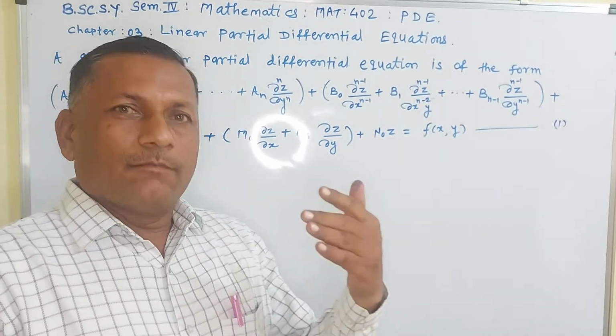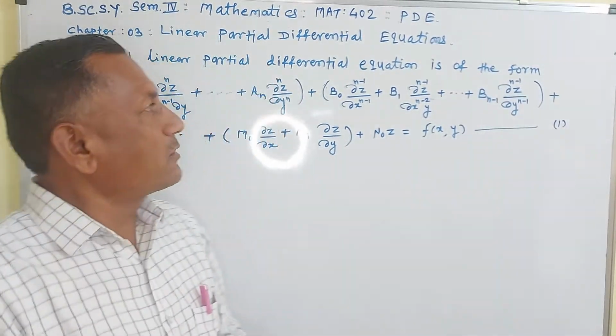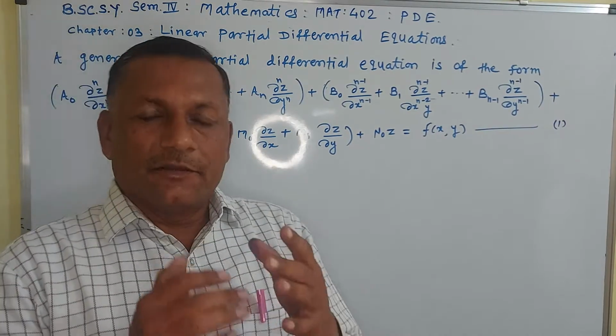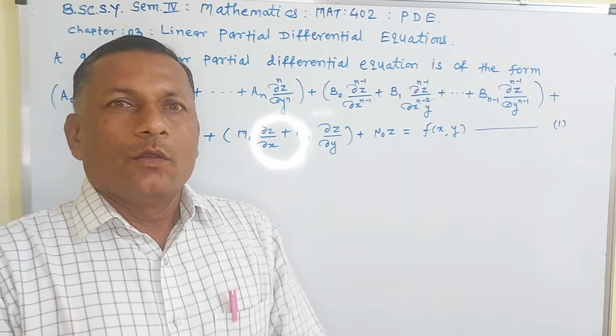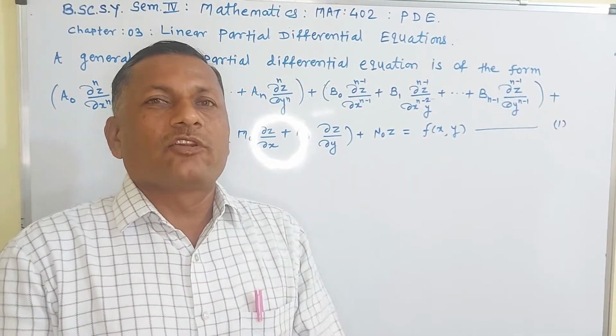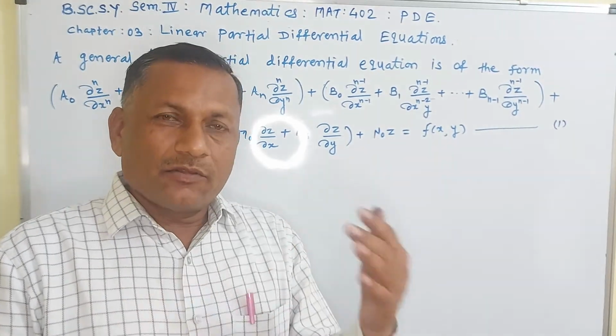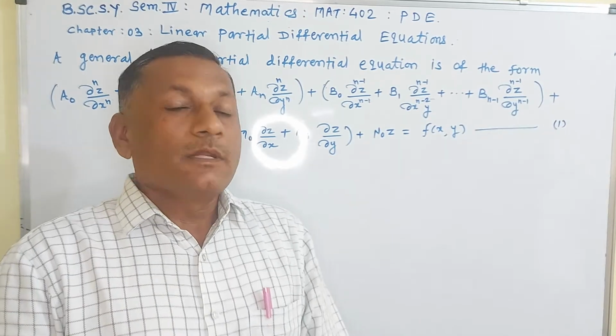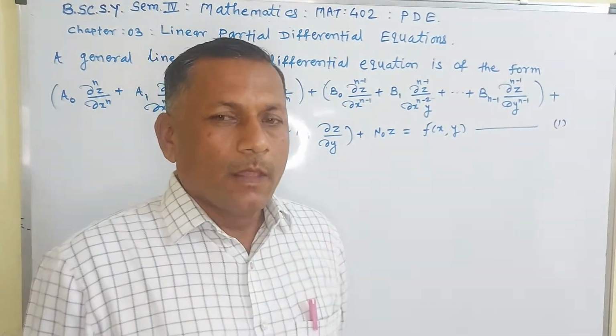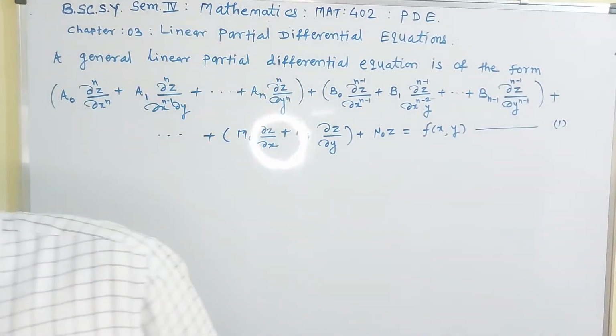How we find the general solution of linear partial differential equation. How we find the auxiliary equation, if the auxiliary equation has repeated roots or if the auxiliary equation has non-repeated roots, then how can we write the solution. Now the general form